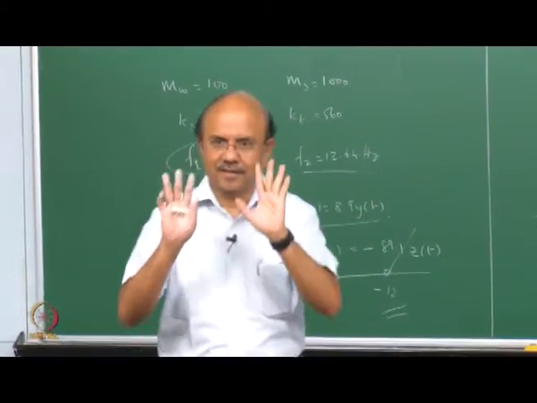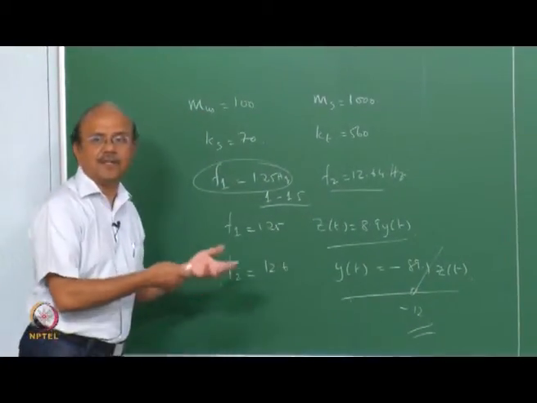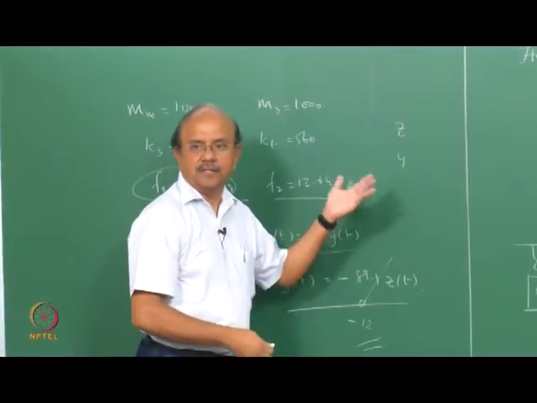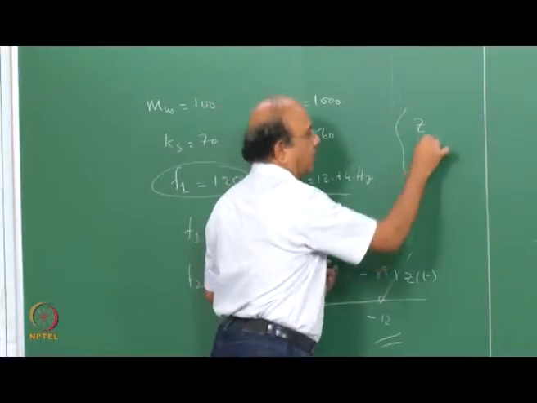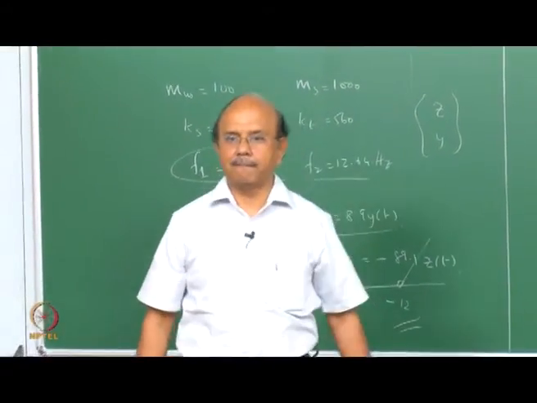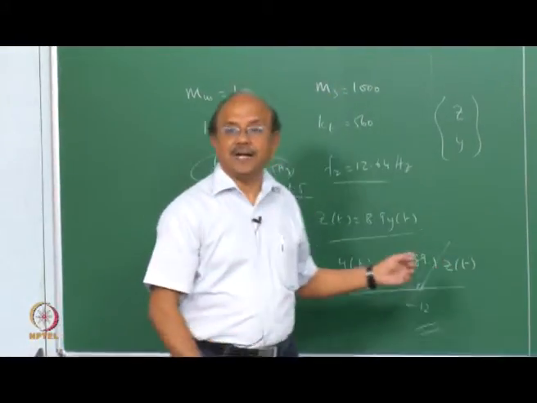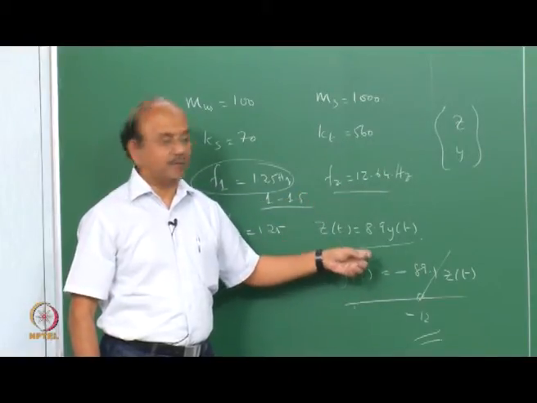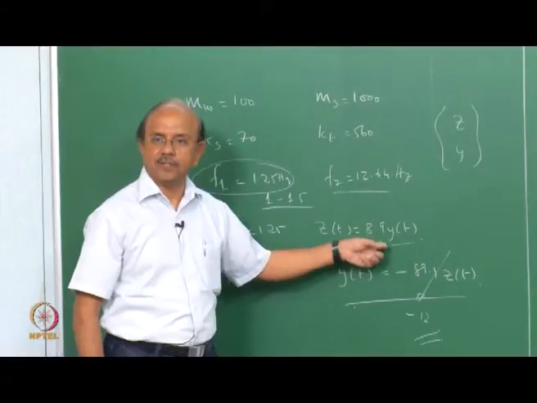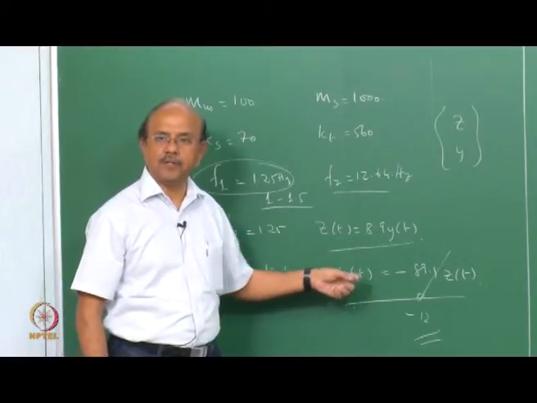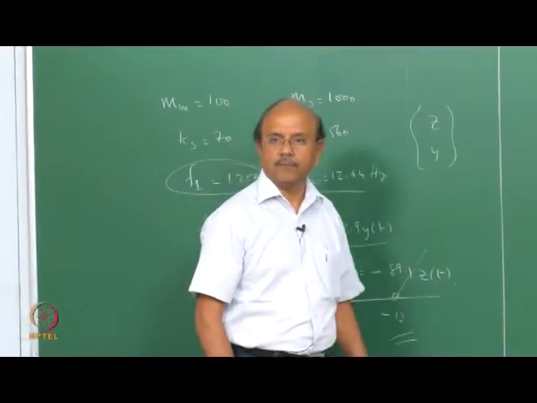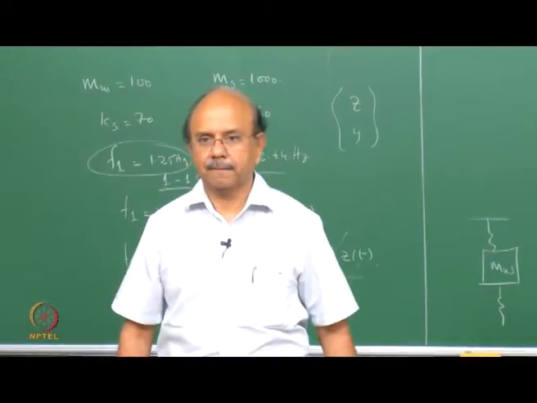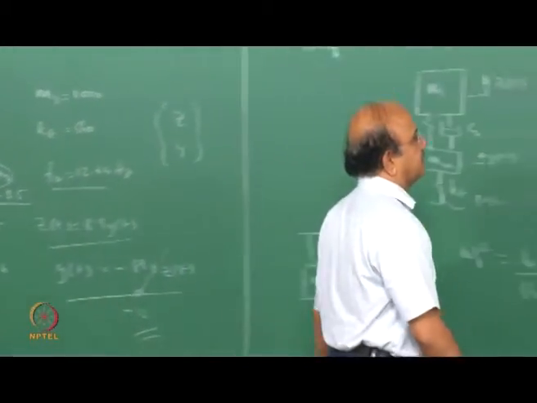See, mode shapes are usually expressed as a vector. So you would say z, y or z, theta and so on, as a vector for a particular frequency, say omega 1. I am expressing that as a ratio, z by y, normalizing it. If z happens to be 1, y is equal to this, and if y happens to be 1, z is this, and so on. So it is just as a ratio that I am expressing what we call the mode shapes. Clear?